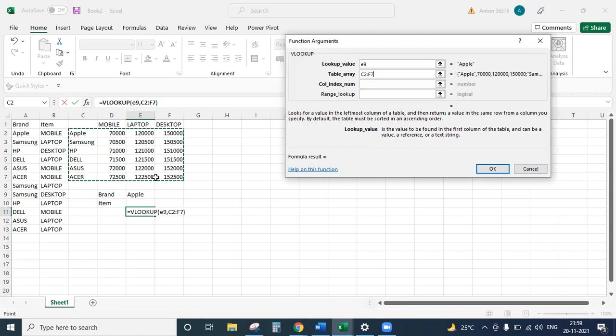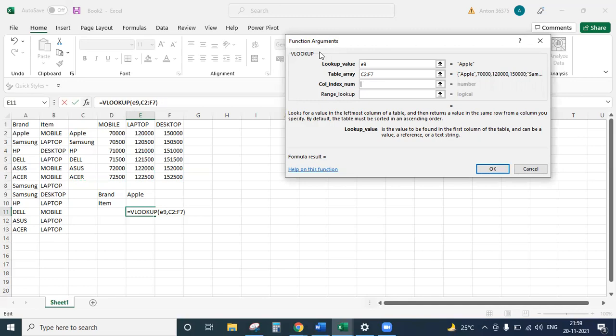Correct. And column index number: in which column will I find the value I'm looking for? I'm looking for a laptop. Laptop is in which column? Column index number is a number.